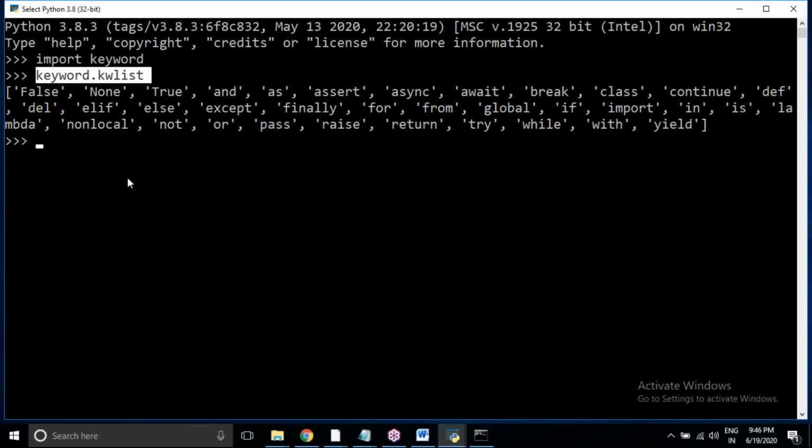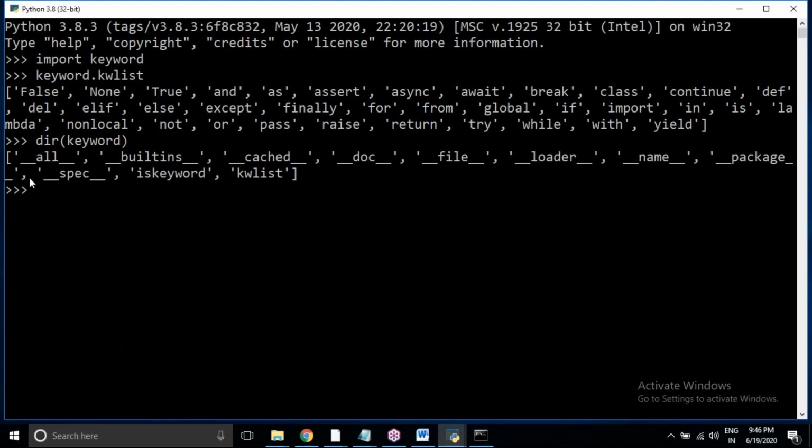If you want to know what other things are in the keyword module, we can use the dir function. So dir keyword is given, and it shows all of this. The dir function is used to show what is in the module.